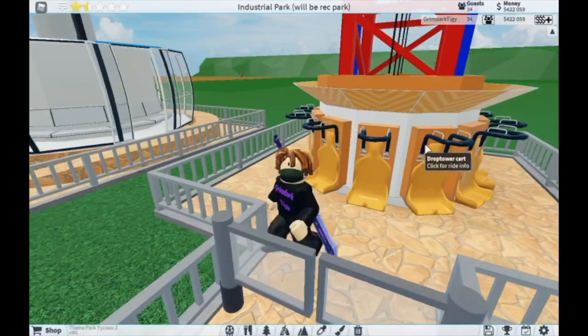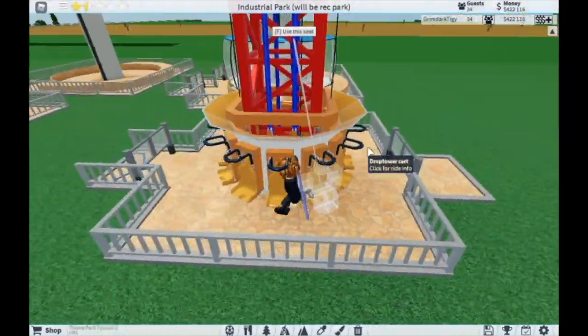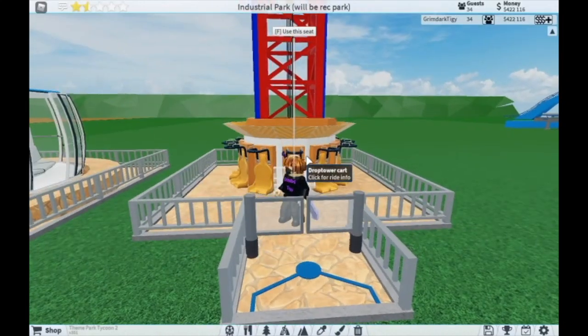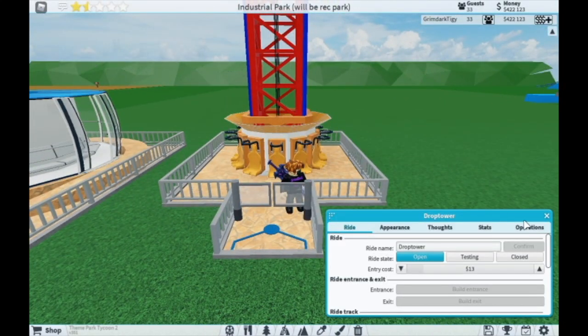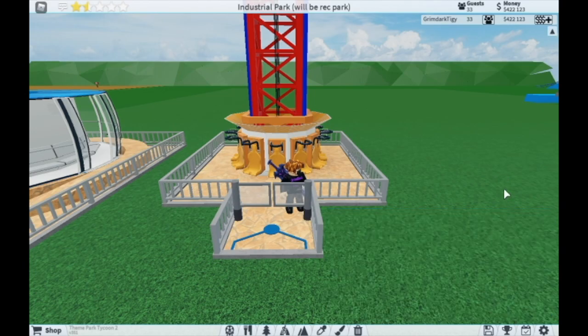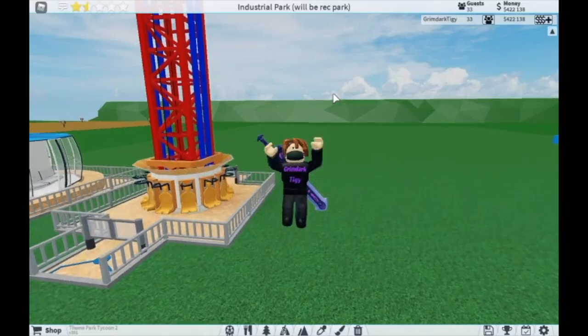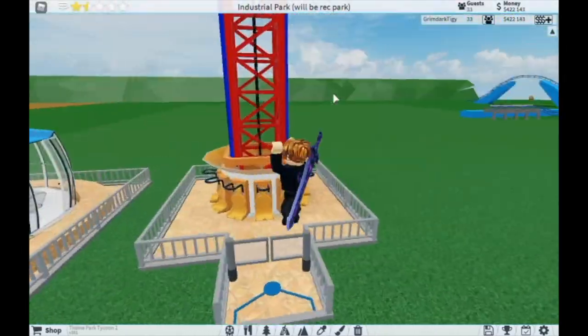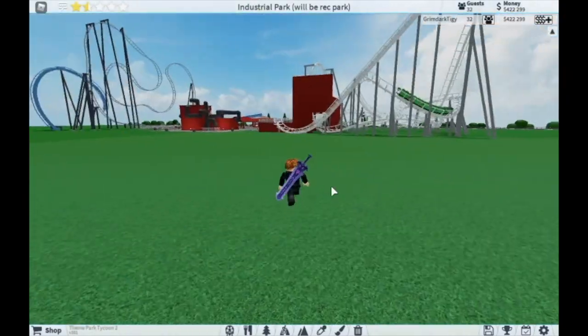Also, since the drop tower does have 12 seats as opposed to the previous 8, this does mean that it can fit more people, but it also means that it may be able to get you the Decakill achievement if you have ride operations and set it off the top. If anyone knows this, if anyone's tested it, let me know in the comments, because that would be quite interesting to find out. Anyway, there is only one more thing I want to show, so I'm just going to head